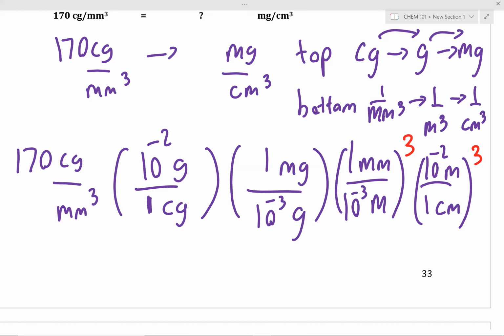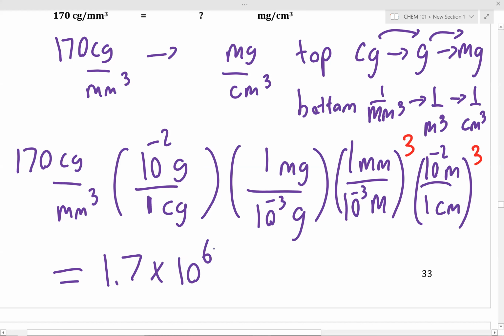So, with that time complete, would someone like to raise their hand and volunteer an answer once you punch this into your calculator? Yes. 1.7 times 10 to the 6th. Perfect, perfect. What I greatly appreciate is that you retained the units. If you don't write the units in the final answer, it's incorrect.